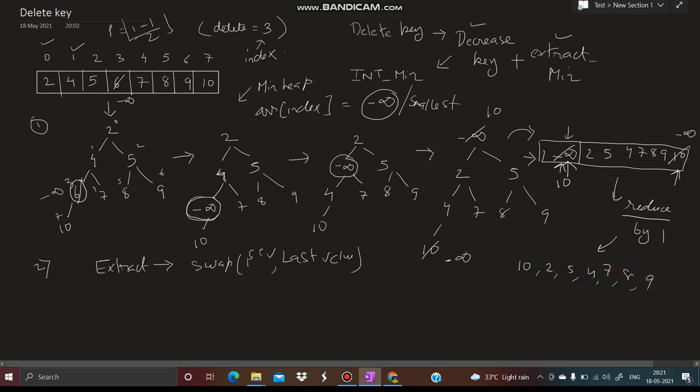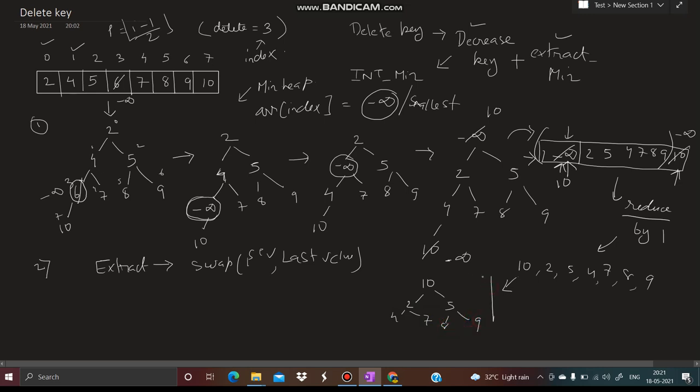The last value will be removed because I have already decreased the size of the array. So only these values will be present in the array. Now, if I represent this in the form of a tree, 10, 2, 5, 4, 7, 8, 9.